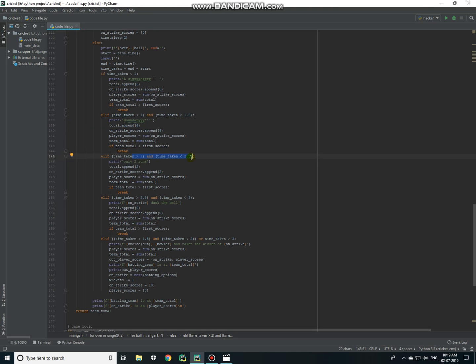Like we have just given a condition for a sixer, then again a condition for a boundary, then we'll again give a condition of greater than 2 seconds and less than 2.5 seconds, then only 2 runs. If greater than 2.5 seconds and time taken less than 3 seconds, then just a duck will append 0. And if again the player uses more than 3 seconds,